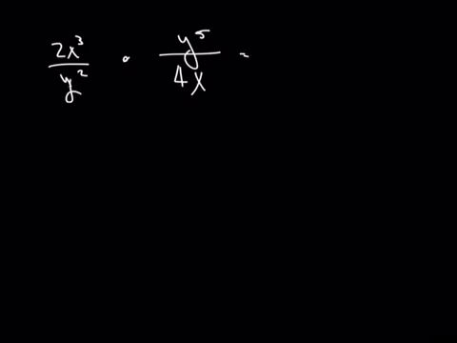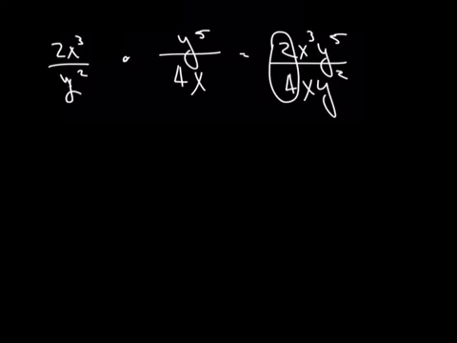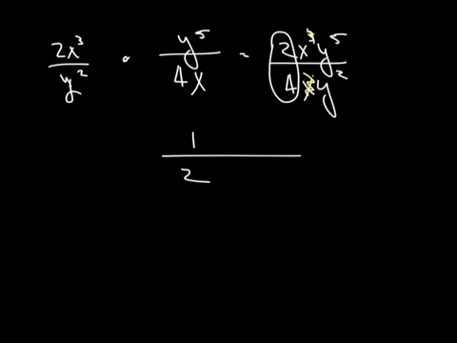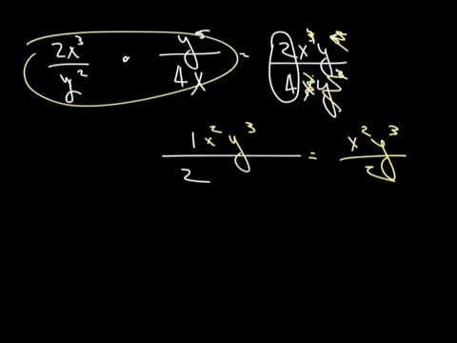So this is going to give me 2x cubed y to the fifth over 4xy squared. And then 2 over 4 is 1/2. This x here cancels with one of those, leaving me x squared up on top. And this y squared cancels with 2 of those, leaving me a y cubed on top. And we don't need the 1, so it's just x squared y cubed over 2. So we got the same answer. I would say this one, for this particular problem, was the easier of the two. Okay? So you can use both of these methods